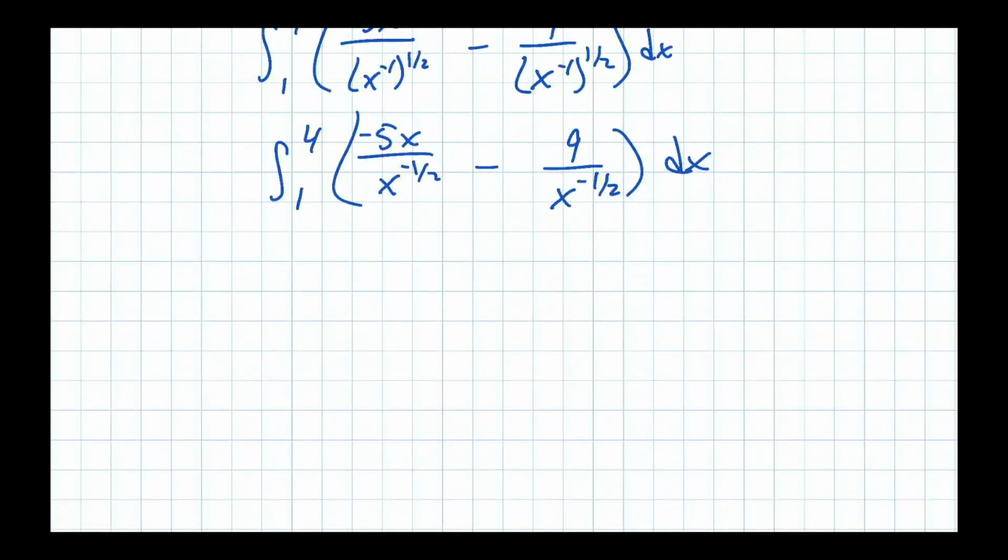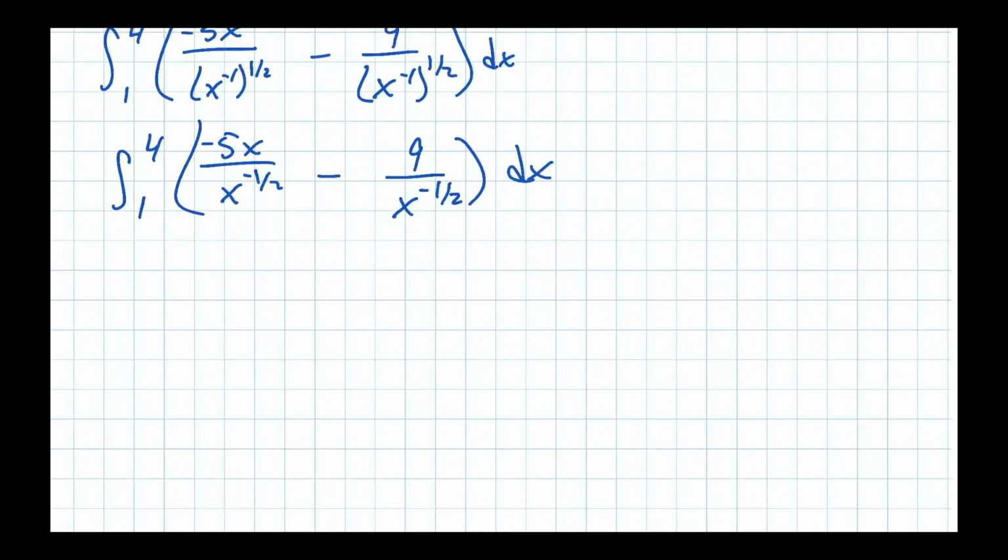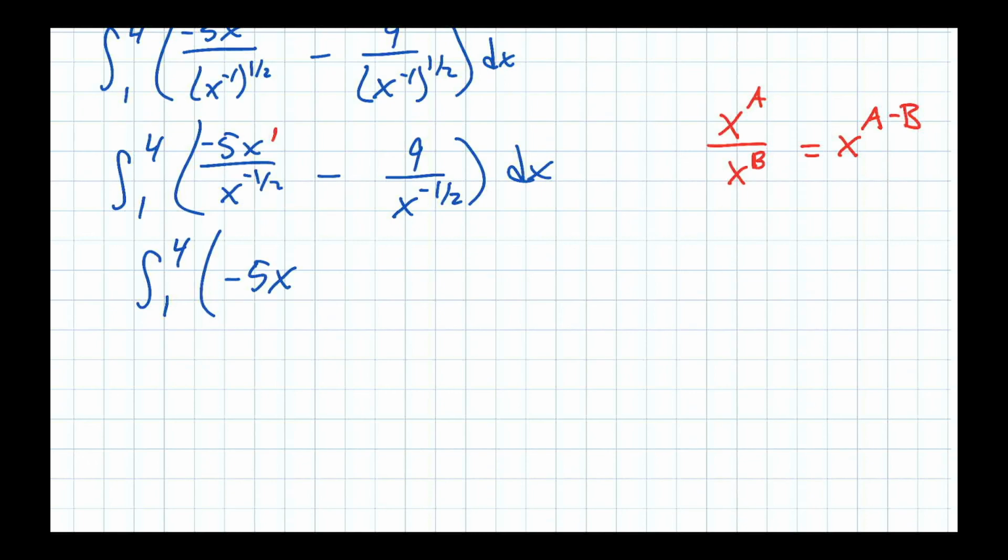So there we go. And then you also know that, well, there's two different ways to think about this. Either you can move this up to the numerator, or you can think about the properties of exponents for fractions. So I'll just write it for fractions here. If you have x to the a over x to the b, that's x to the a minus b, right? So if you apply that logic here, where this is an x to the 1, then what you're going to get is an integral 1 to 4 of negative 5x, and then what's the exponent? Well, this is a positive 1, and then we're going to